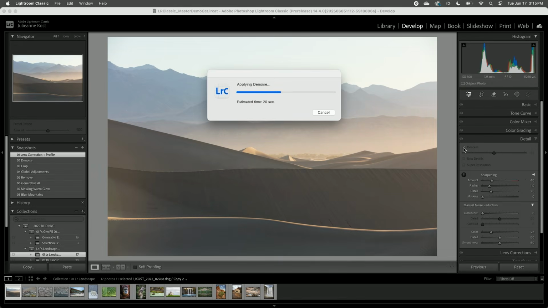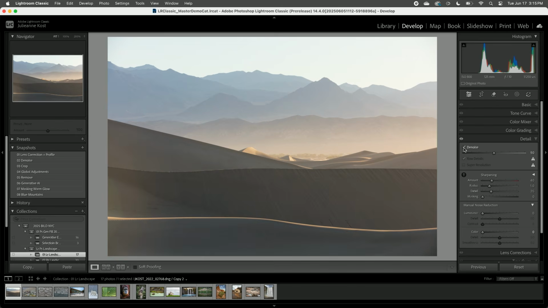If you're going to use denoise, you want to do that first. Why? Because if you do everything else, like think about it, if you're doing any cloning or healing or retouching, and then you change the amount of noise in the image, all of that will need to be recalculated. So it's not that you can't do it, but it's going to save you time if you denoise your image